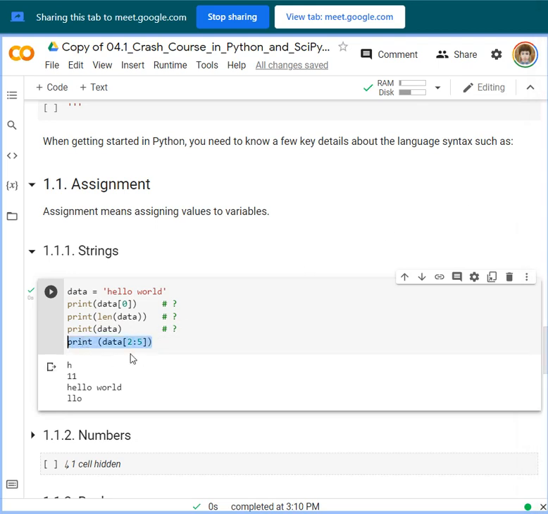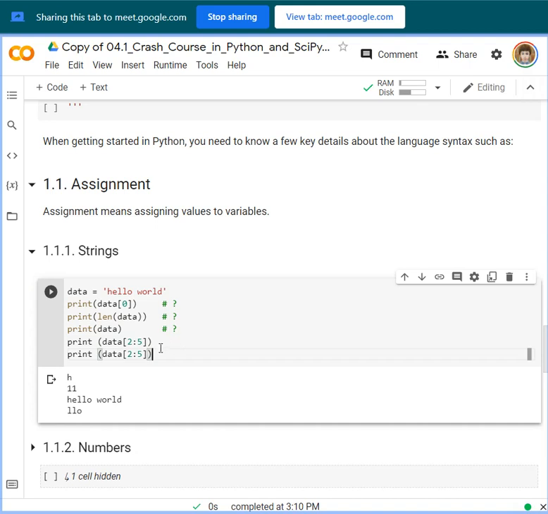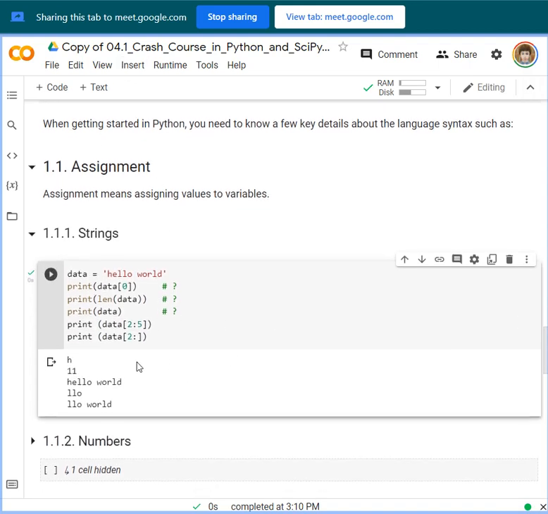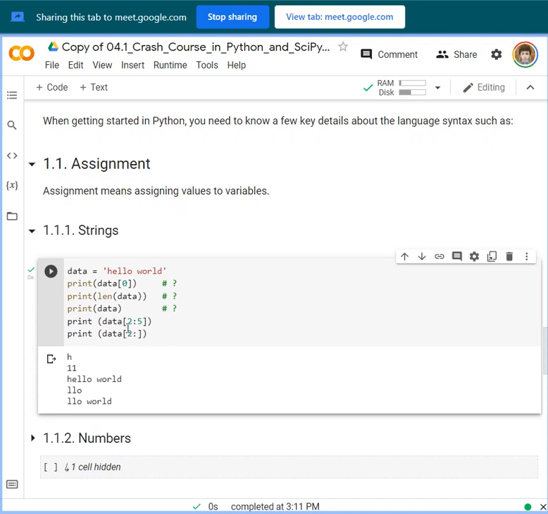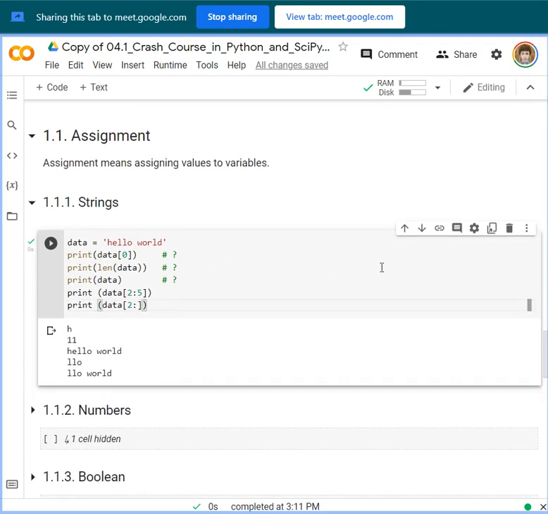You can actually experiment. So if we leave it blank, let's see what happens. Okay, from position 2 up until the last character. All right, you can actually concatenate as well using the plus sign. Okay, so that is strings.